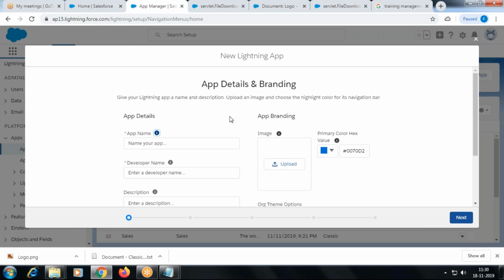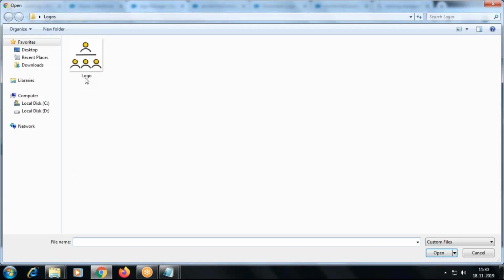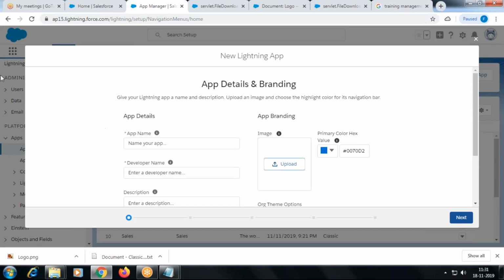In the case of Classic, we are uploading an image into a document folder first. Okay. And we have restrictions. What is the size limit? 20 KB. Here we have a size limit of up to 5 MB and I can upload the image directly from my local drive. You need not upload it into a document folder. And another thing, the Documents tab is not available here. In your Lightning, the Documents tab is not available, right?